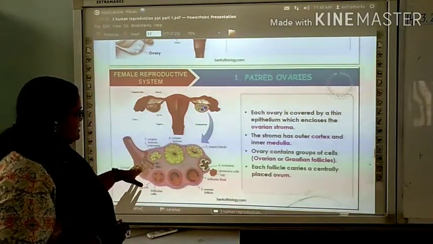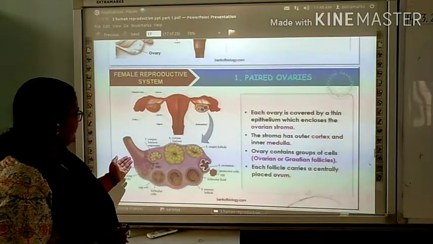So if you check the inner structure of an ovary, if you take the section, the ovary contains a group of